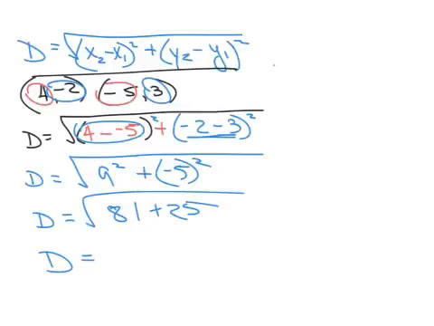So my distance equals the square root of 106. Now I cannot reduce 106. If I had an answer of 100, you could take the square root of 100 and get 10. If I had the square root of, let's say, 108, I could simplify that by doing